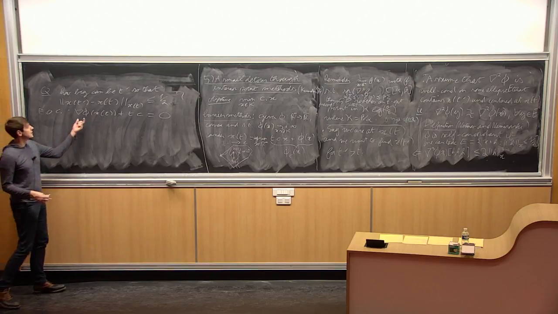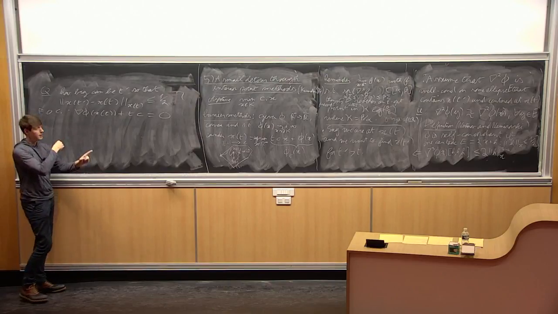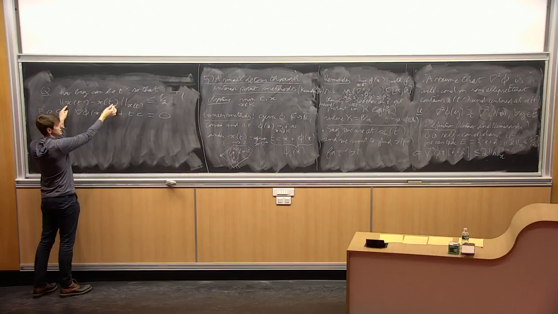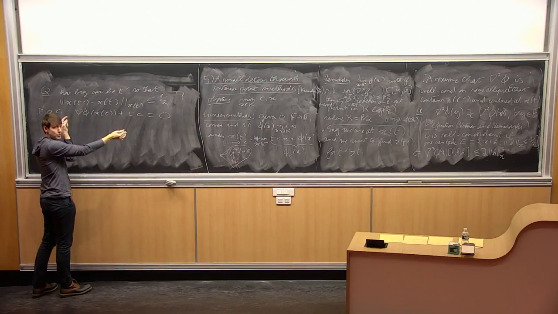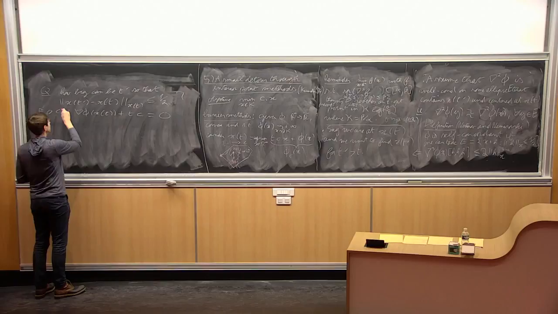Okay, so I know something about grad phi applied to x. So I know something about xt in the dual. So now what I'm going to use is my intuition that the primal norm in the primal corresponds to the dual norm in the dual. Okay, so what I want to say is that this thing,